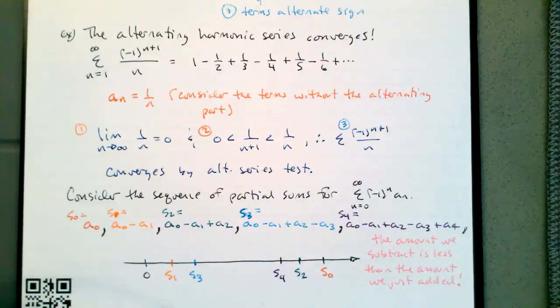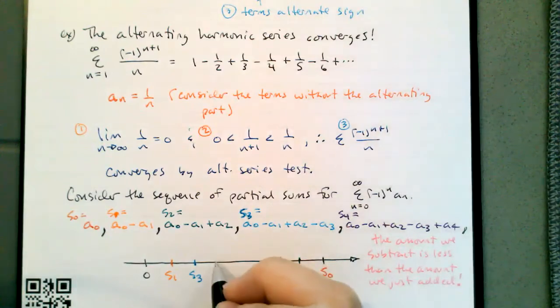And so this proceeds forever. Because the amount that we're subtracting is less than we just added, and the amount that we add is less than we just subtracted, we're always going to be between the previous two terms of the sequence. Therefore, the sequence must converge,